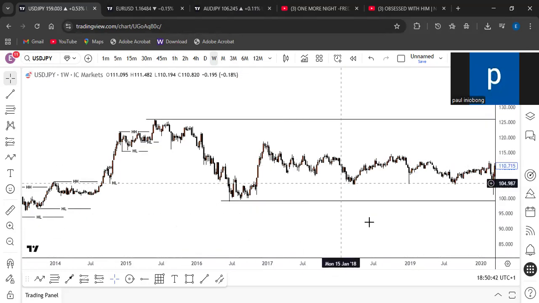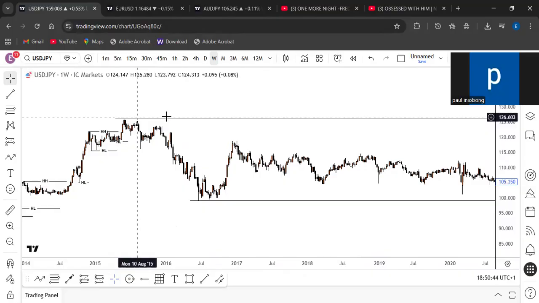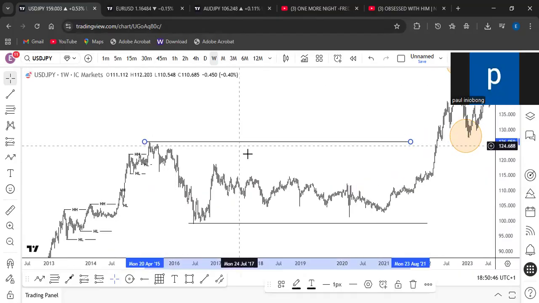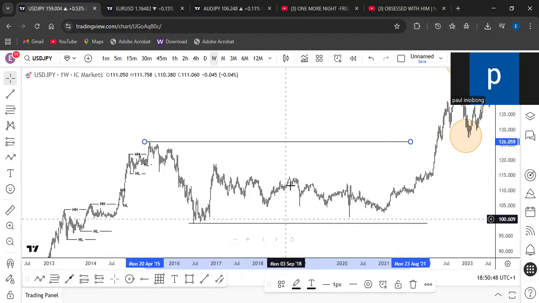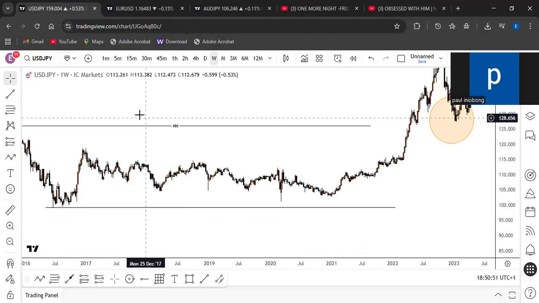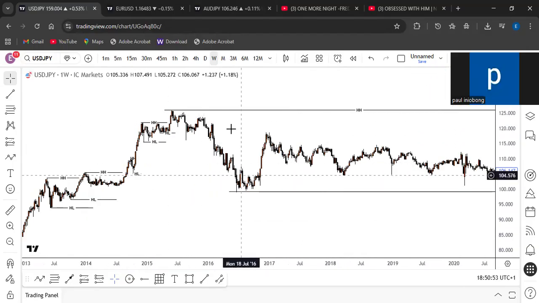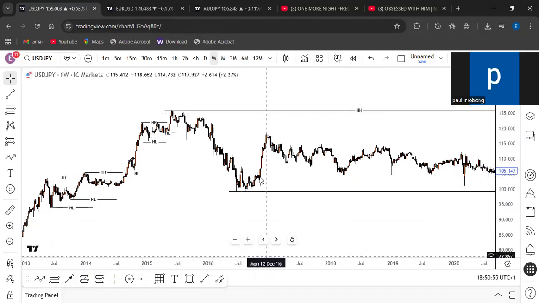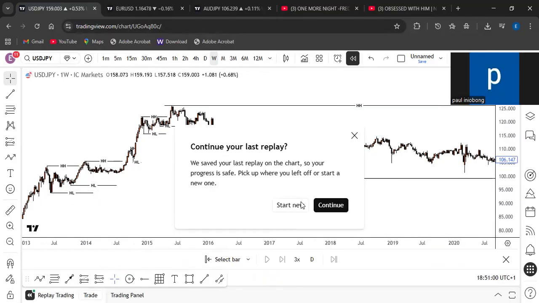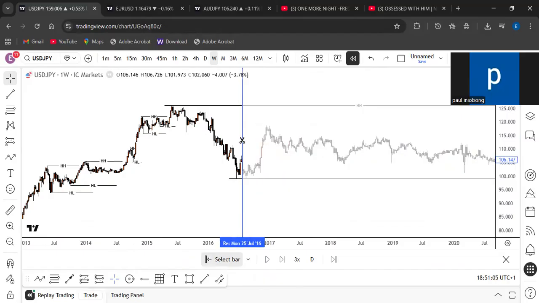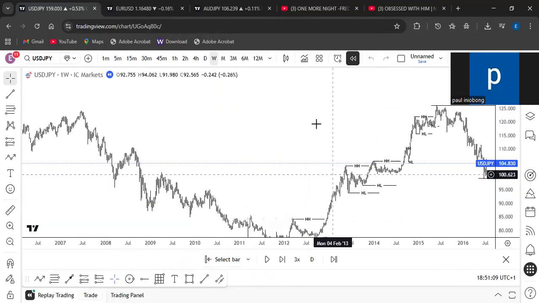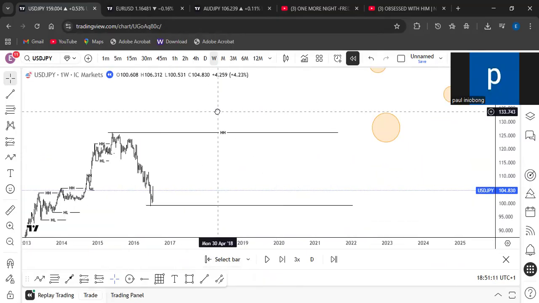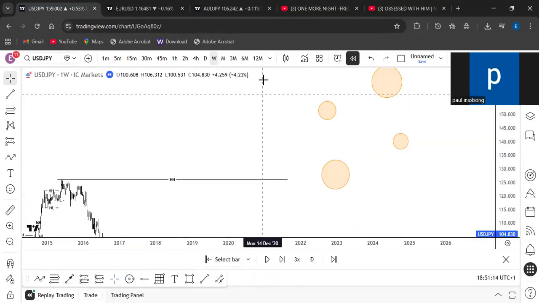What about this side? Okay, so it was from this higher high. So you want to label this higher high. No one has taken it here yet. What actually happened here? Let me do a little replay. Let me take out this. Okay. So if I come to this side,